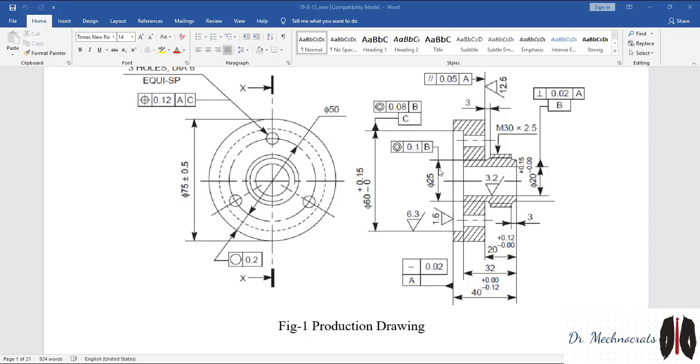But in this case, as the second circle is the dotted one, it is in first angle projection, as we are seeing from the left side and drawing the view at the right side. So we have to draw the symbol of first angle projection here.